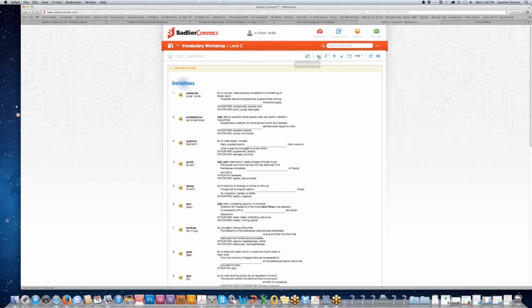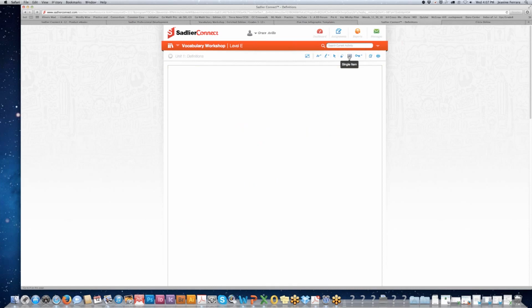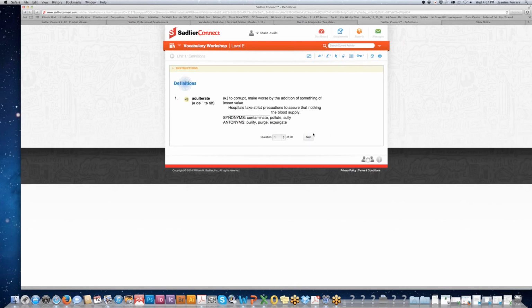Again, I can go into full screen mode. I could change the font, the point size of the text to make it larger. I can come in here and again use my ink pen. I can then come in here, and this is one thing I do like, we have a single item mode. If you click single item mode, this allows you to focus on one particular definition at a time. This helps students who sometimes feel overwhelmed with the 20 words on a particular